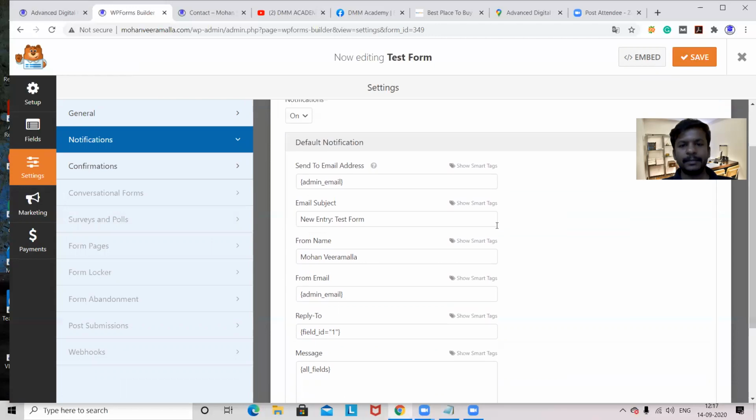Admin email is there. Here you can give your email manually. That means this particular form will be sent to that particular email. Think that if you are not giving one, then by default the email which you have used, for that email only you will get this form. Okay, is it clear?